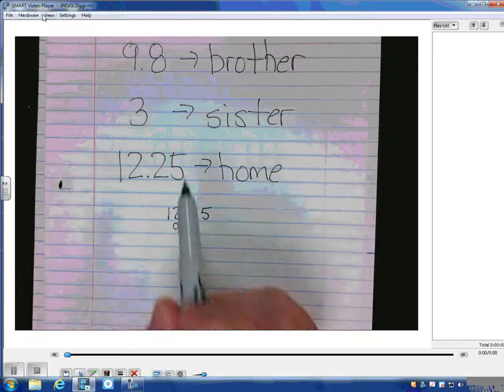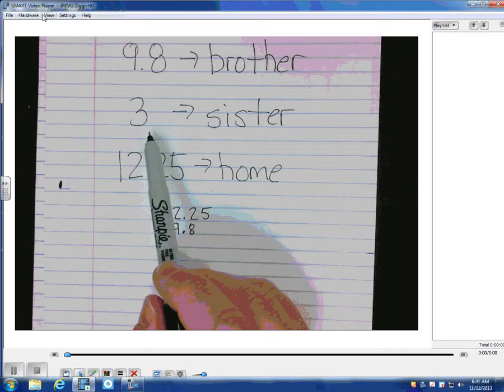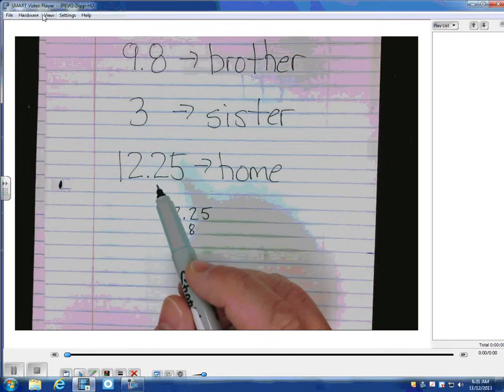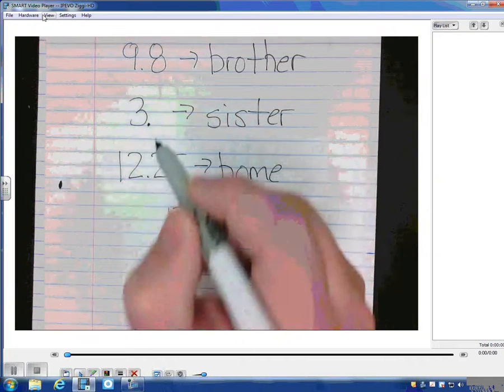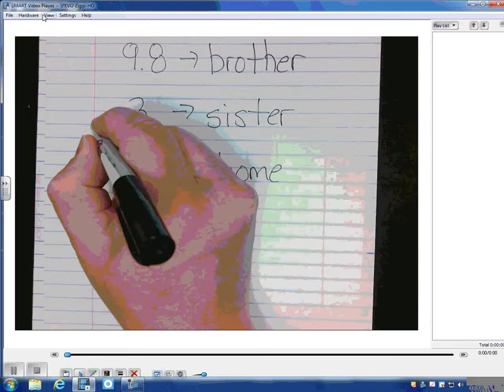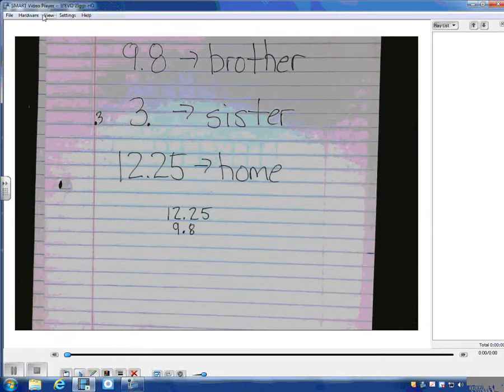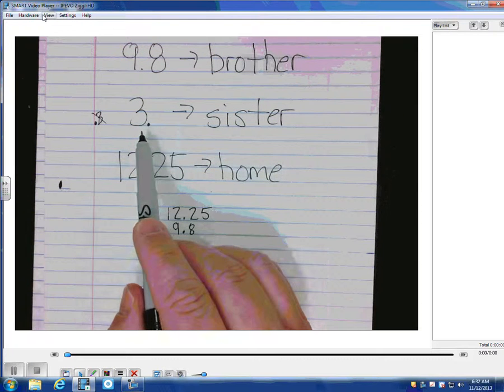And then my last number is the whole number 3. Now, just by itself, there is no decimal, but I know that if I did put a decimal with the 3, it would go after it. If I put the decimal in front of it, that would make it 3/10, and that is nowhere near the whole number 3. So I'll put my decimal here,